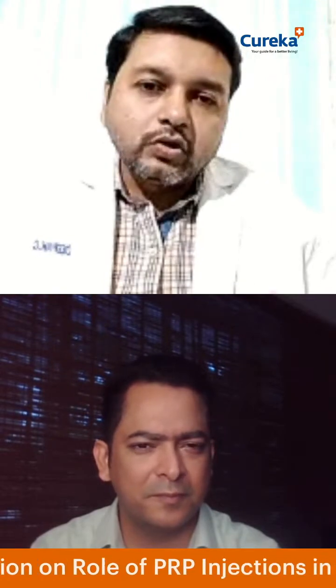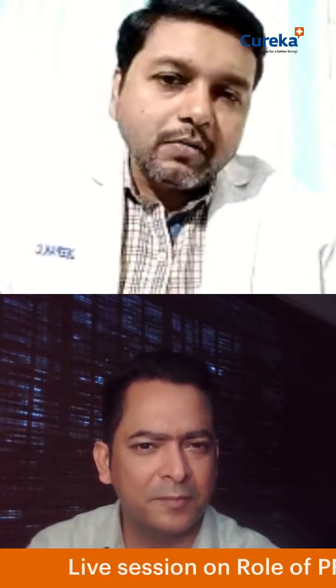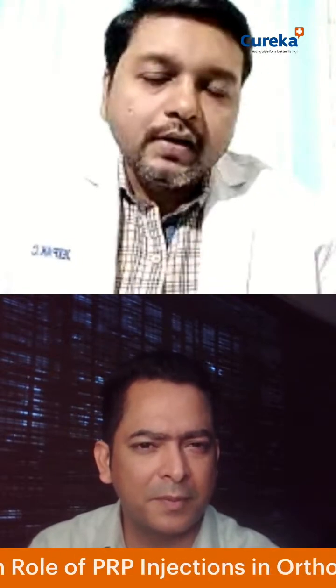So everything is the patient's own: we are taking the blood, separating the components, and injecting them into the patient. It's a closed chamber, so there is no cross infection, no contamination, and it is quantity based also. How much we need, that much only we can inject, and there is no extrapolation. So these things will definitely help the patient. Early osteoarthritis is the ideal condition where we give it, and even for some sports injuries such as the shoulder and knee problems, we give the PRP injection, and it works better compared to the steroid